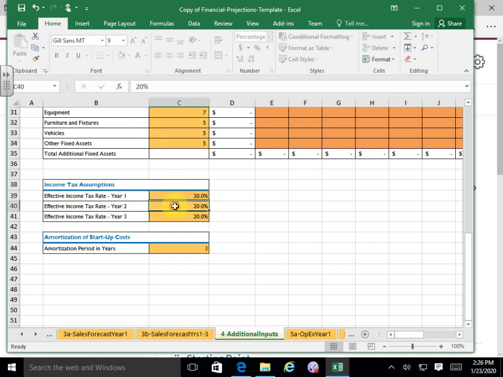Effective income tax rate. Okay, everybody, if you've got your program open right now, do this. Change that to 0. Why is that? Well, remember how I was talking about you're not an employee yourself, because you're going to pay taxes on the whole amount of the profit yourself. Okay, the business does not have any taxes because you're paying those personally.